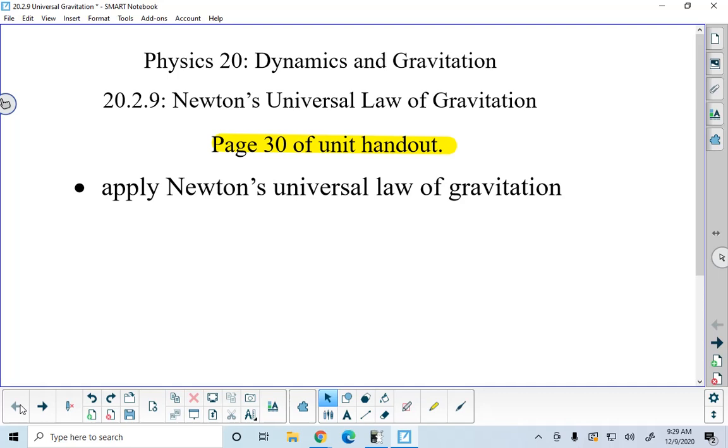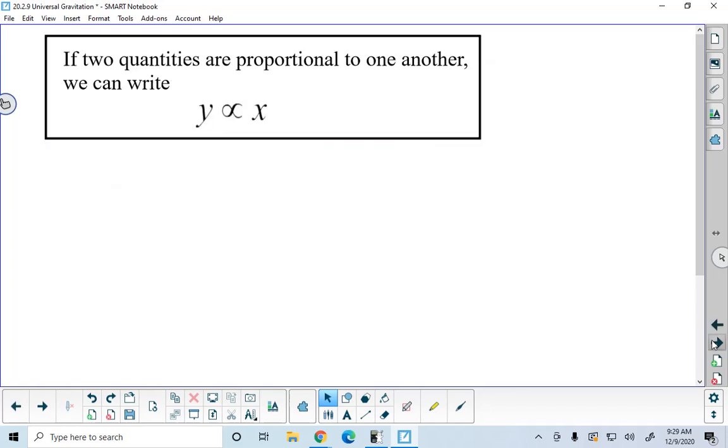We're moving totally away now from force analyses. Newton's universal law of gravitation is a law that we can use throughout the universe. That's why we call it the universal law of gravitation, to find gravitational forces acting on objects. And we will talk about that in more detail in a second, but I want to take you back to